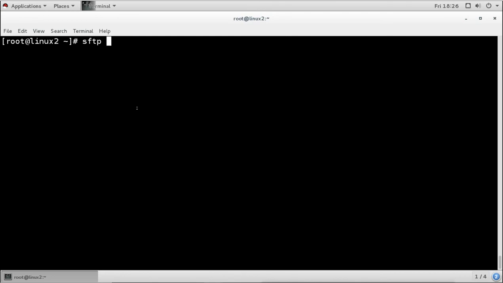Now what is this SFTP command? It is secure FTP, and it comes with the OpenSSH client package. It is a part of the OpenSSH package, just like the SSH command and the SCP secure copy command. This is the secure FTP command.